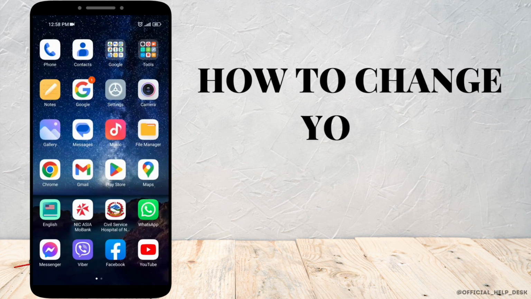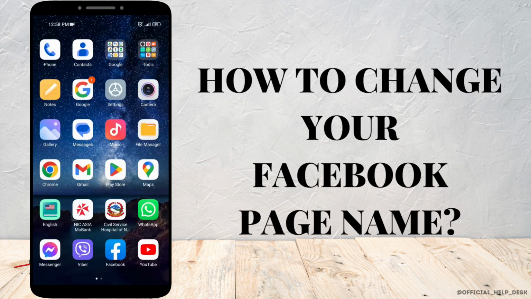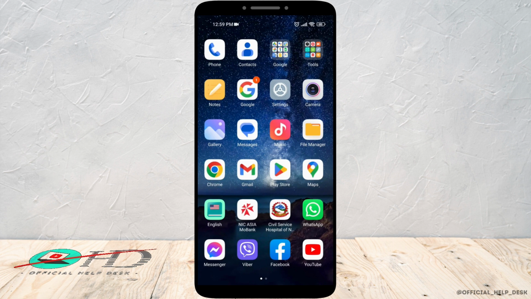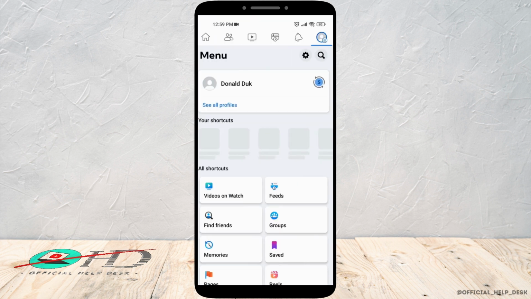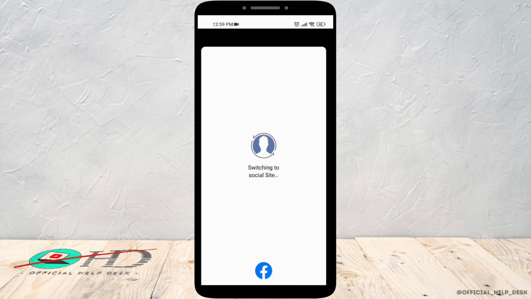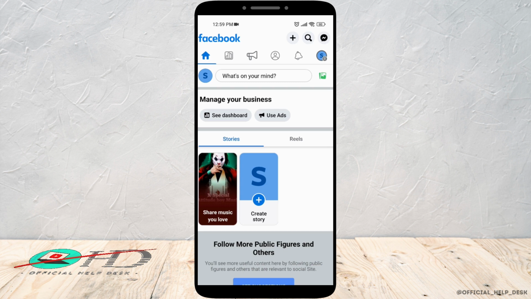How to change Facebook page name. Firstly, open up your Facebook and click on the hamburger icon, and from here on the profile, switch back to your page, and after that click on the hamburger icon again